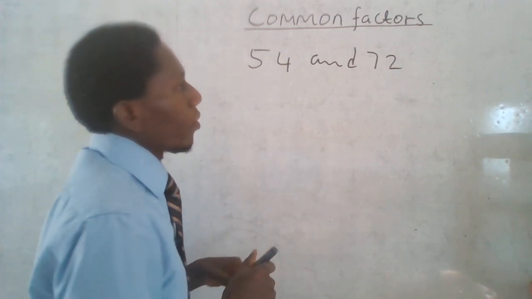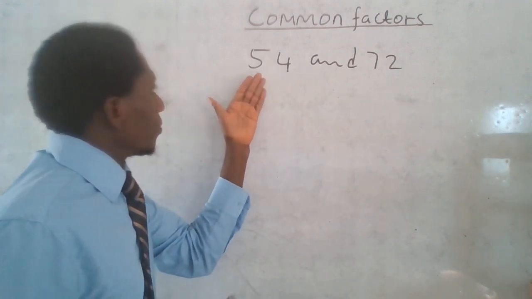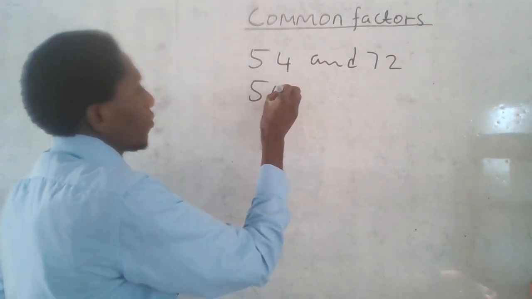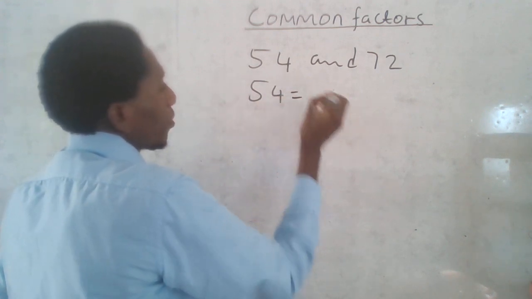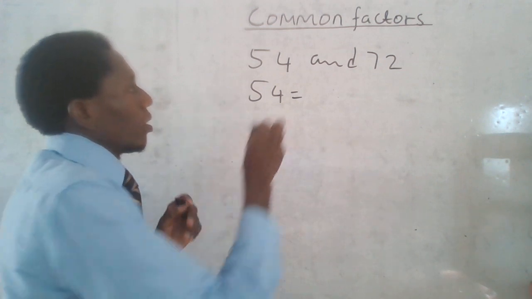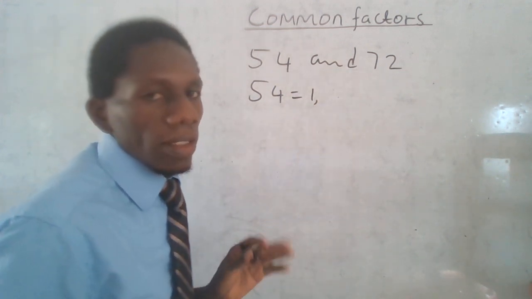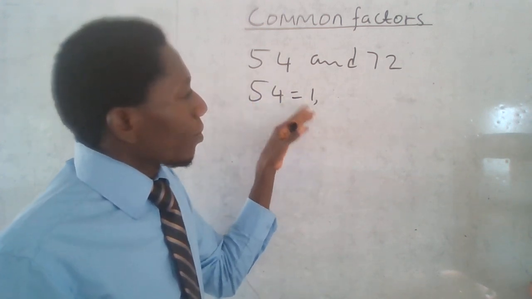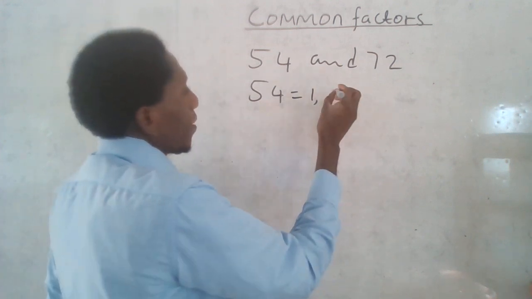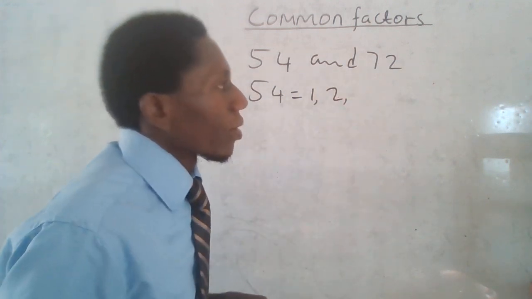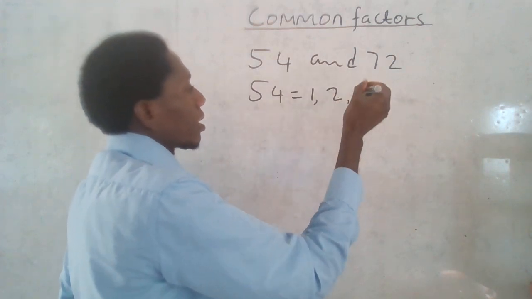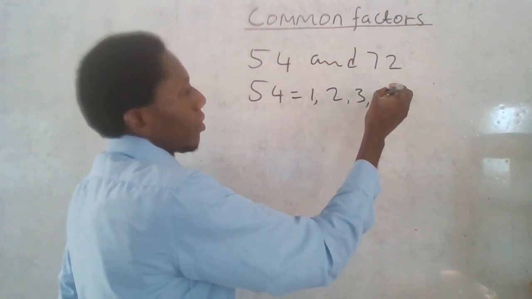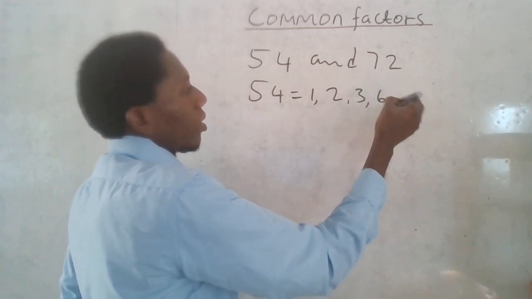Now, let's look at some common factors of 54 and 72. This is 54. Okay, 54. One can go into 54 without a remainder. What we mean by go into means divide. If you divide 54 by 1, there will be no remainder. And if you divide it by 2, there will be no remainder. And we also have a 3, we have 6,